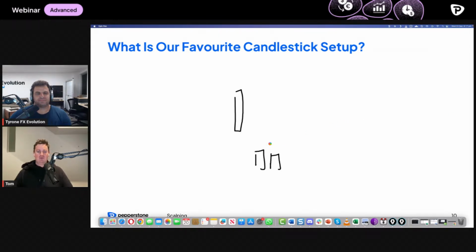So the island reversal is a move down, a gap, then it sits for a few days and either accumulates or distributes, and then it moves in the opposite direction. It's a mixture of candlestick formation, creation, and maybe also a bit of supply and demand. Nice. Yeah, all very powerful in their own right. Yes, exactly. All right. Well, we'll move on to the next part here, Ty, and I'll just have to quickly